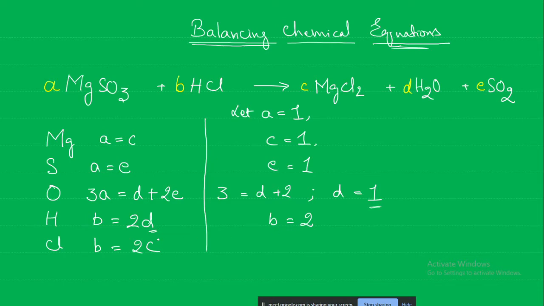Okay. Next one, B is equal to 2C. So already here we have got the value of B and also C. So anything you take, the same answer will come. B is equal to 2C. Now C is equal to 1. So B will be equal to 2. Same thing you will get. So 2 into 1, B is equal to 2. So in this way we solved all these equations and we got these coefficients A, B, C, whatever coefficients are there, we got the values.